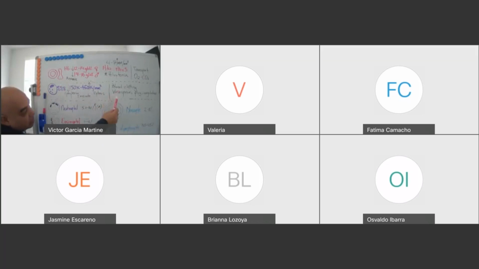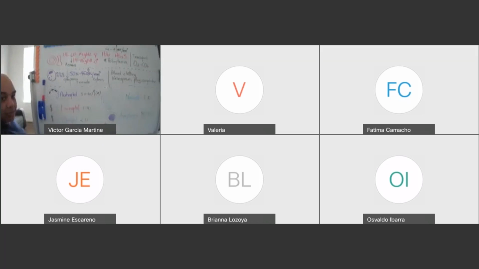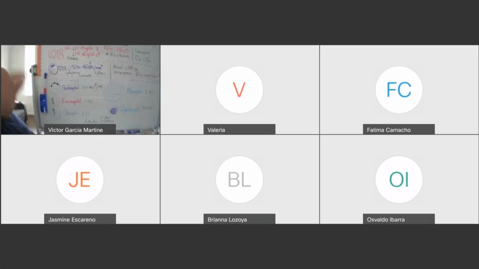Remember, clotting involves three processes. We're going to be talking about them in a moment: vasospasm, platelet plug, and coagulation. And then you have white blood cells. Regarding white blood cells, you have 5 types. Neutrophils, 50 to 70%. Eosinophil, 1 to 4%. Basophil, less than 1%. If you have more than normal neutrophils, it's going to be neutrophilia, and that is typical for